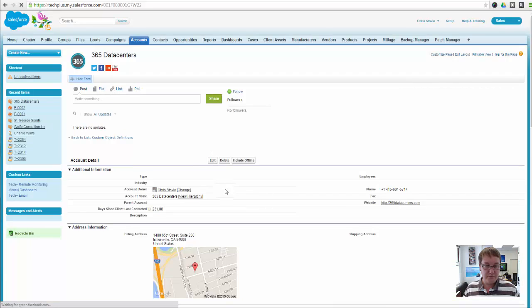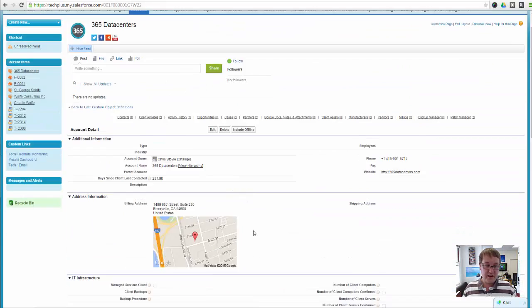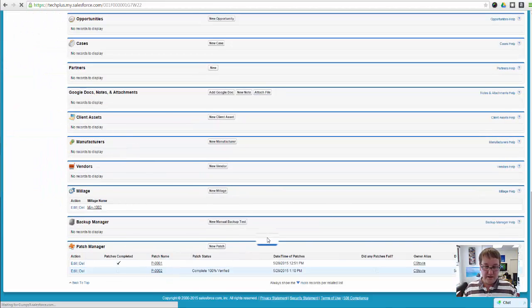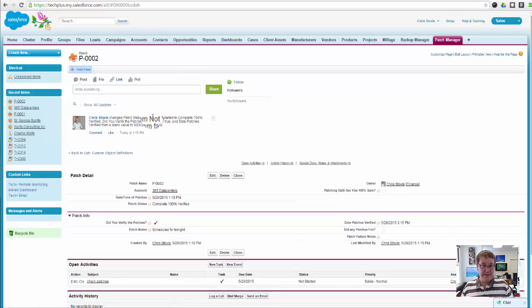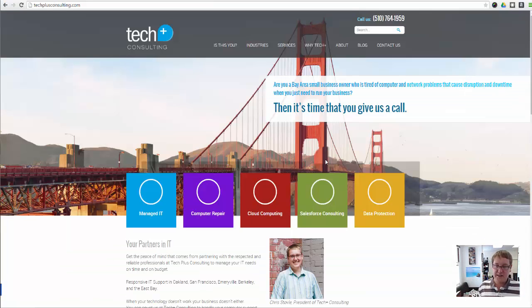Now when we click on that account, we can now see that status. And if you notice on the chatter field of that item, it actually auto-posted the time I changed all these things. So there's a nice little trail, and that'll show up in your chatter feeds elsewhere. So that's basically it. In 35 minutes, we went from a concept that was completely in my head, I want to be able to track these patches and everything else, and I had a couple quick notes I had jotted down about 5 minutes before I started recording this, but we built it. That's how simple it is to develop in Salesforce, and that's why I believe in it so